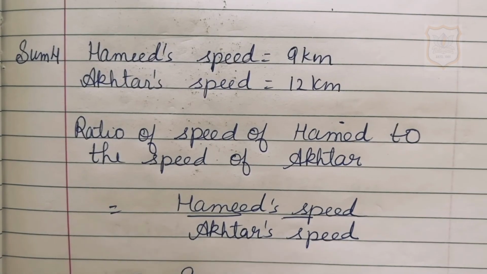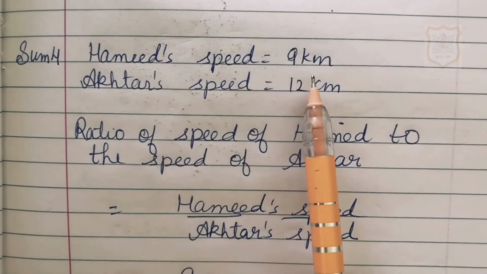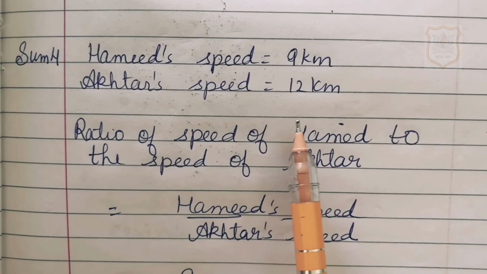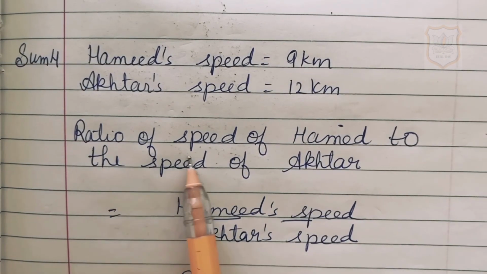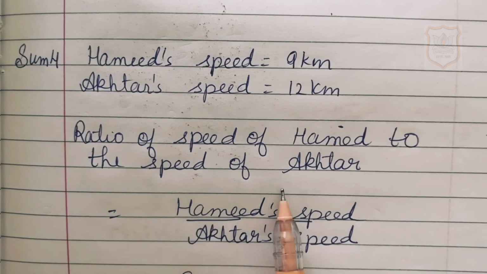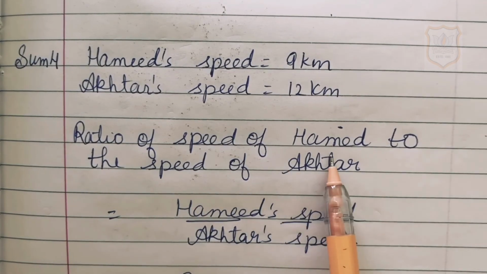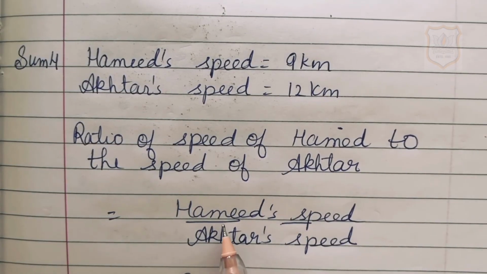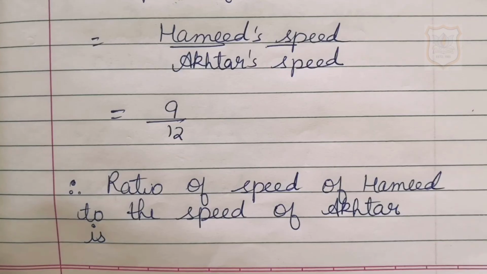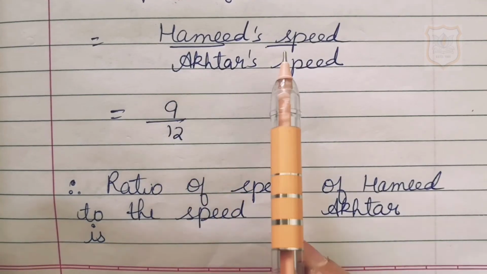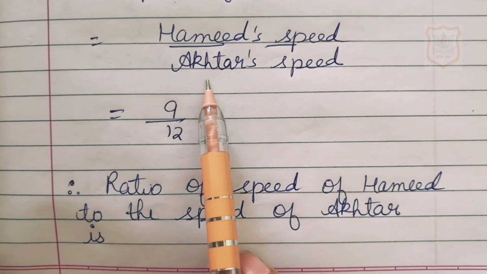Now solution for sum number 4. Hamid's speed is equal to 9 km, Akhtar's speed is equal to 12 km. It's given in the question. We have to find out the ratio of speed of Hamid to the speed of Akhtar. Here speed of Hamid is written first, so numerator will be Hamid's speed and denominator will be Akhtar's speed. So Hamid's speed upon Akhtar's speed. So in the place of Hamid's speed we will write 9 and in the place of Akhtar's speed we will